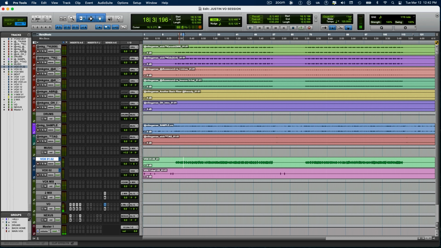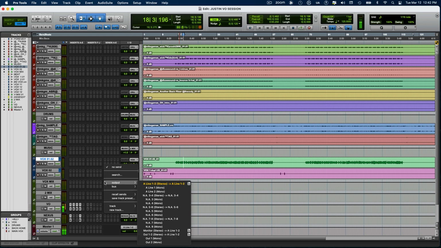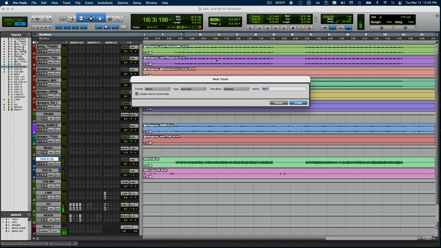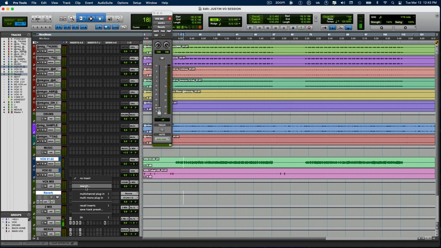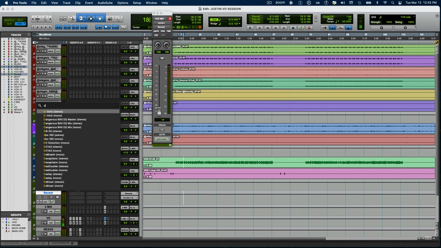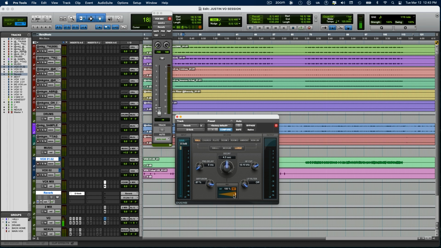Alright, so my vocals are routed to an auxiliary track. I'm going to use a send to do this parallel effect, which is just going to take a duplicate signal and send it somewhere else. So I'm going to go down here to new track on my sends and do new track. I'm going to create a stereo auxiliary track and I'm going to call it reverb. Alright, now on that track, I'm going to add a reverb plugin. Notice that I'm going to keep the wet-dry mix 100% wet. And then all I have to do next is turn up the send level and you will hear reverb on